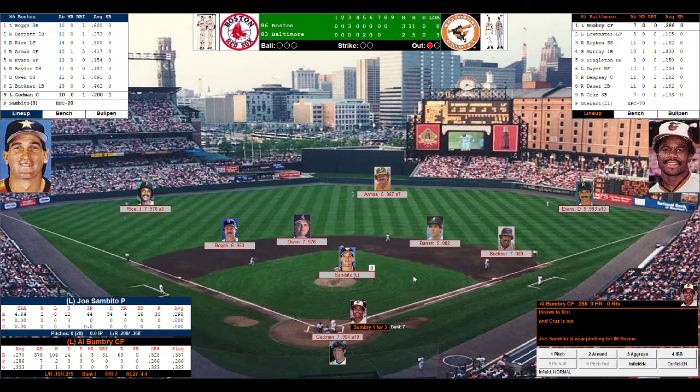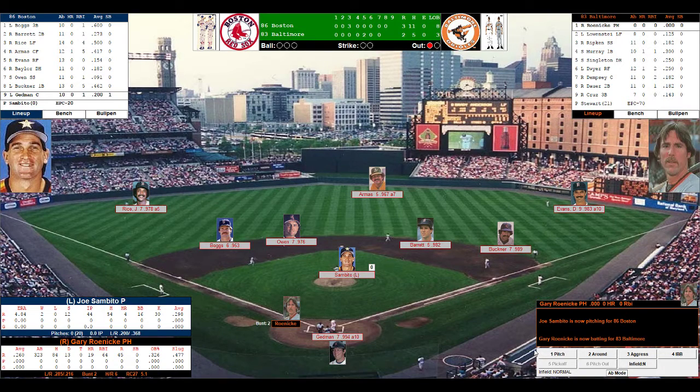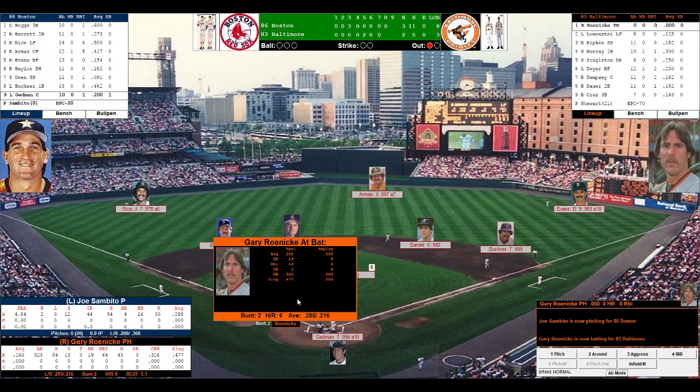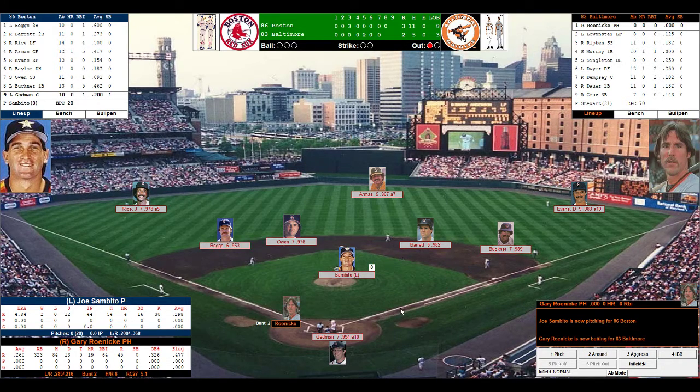So I'm going to go through my spiel. I'm going to click pitch, and we'll see what happens if they come in with a pinch hitter. So Ciambito gets a sign from Gedman. Here's the pitch to Bunbury. And they do go to the pinch hitter, and it's Reniak. Gary Reniak. Renicky, excuse me. Gary Renicky. So they did come with Renicky, and he bats .285 off left-handed pitching.